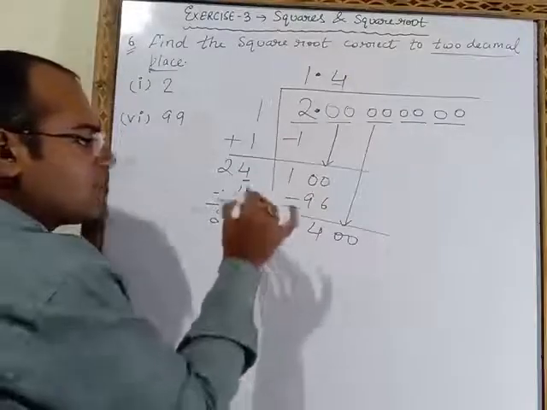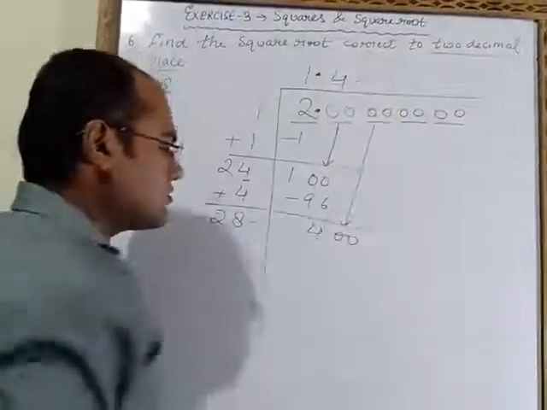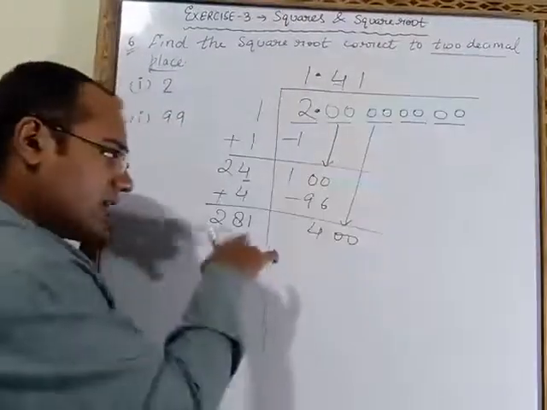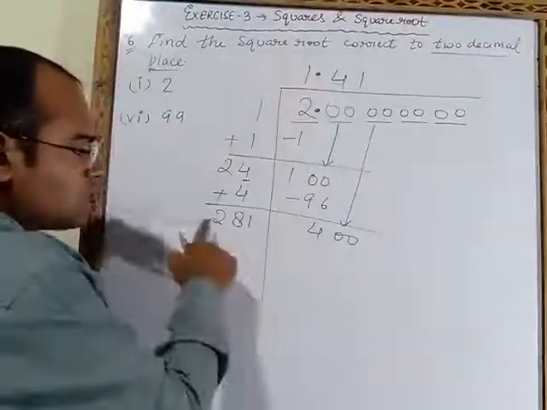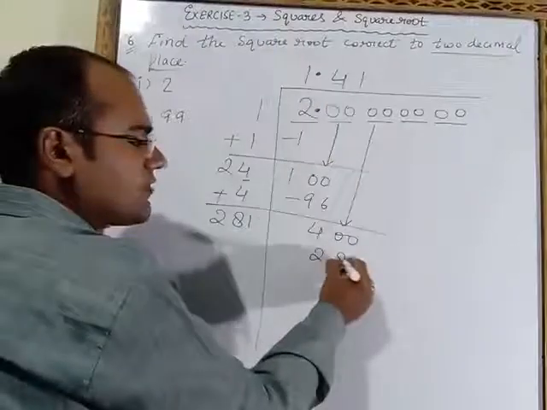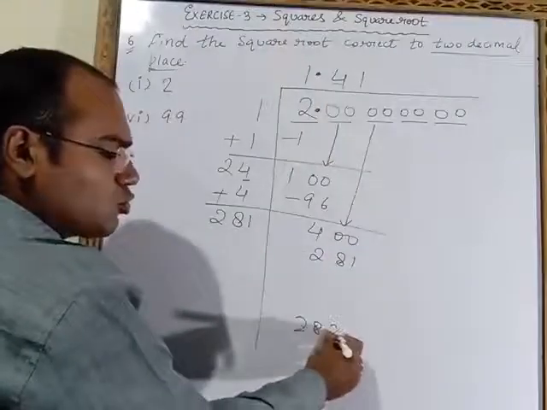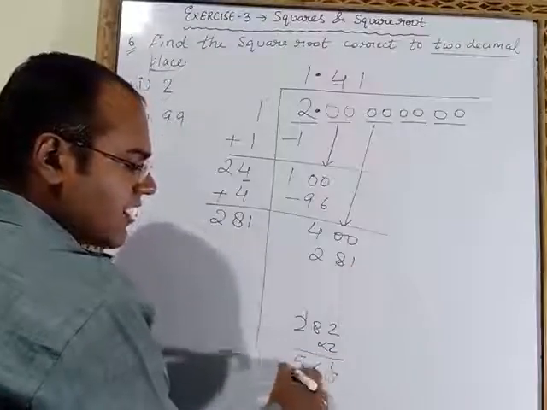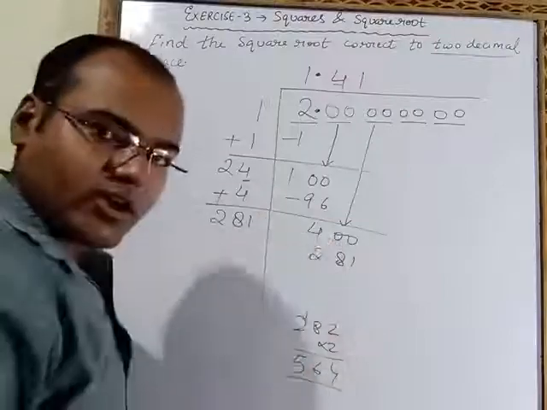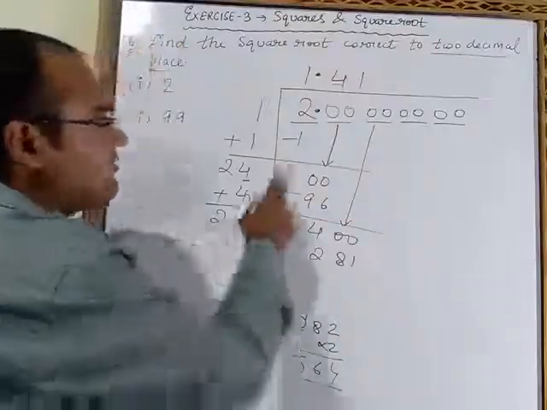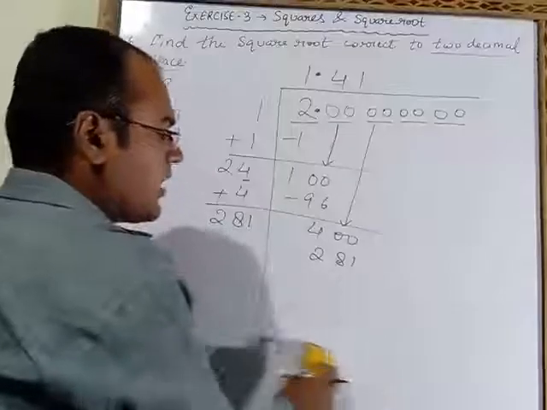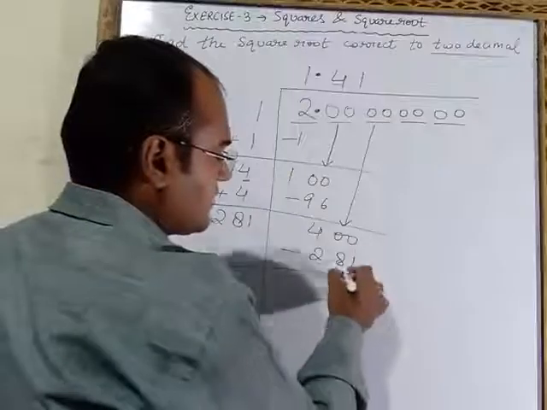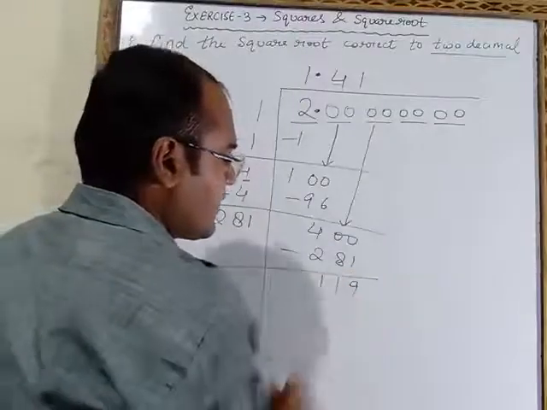Now same number we have to write here also and here also. If I will write here 1, then there also I have to write 1. If I will write 2, then there also I have to write 2. So 281, 1 ja 281. If I will take 282, then there also I have to take 2. On multiplying, answer will be 564. But 564 is greater than 400, so we will not take 2. 281, 1 ja 281. Now we will subtract these two numbers. 10 minus 1, 9. 9 minus 8, 1.